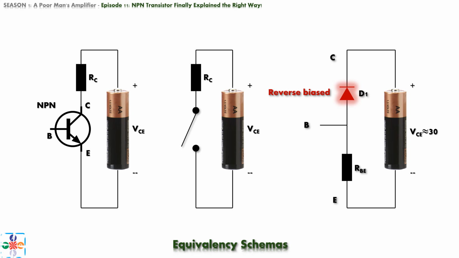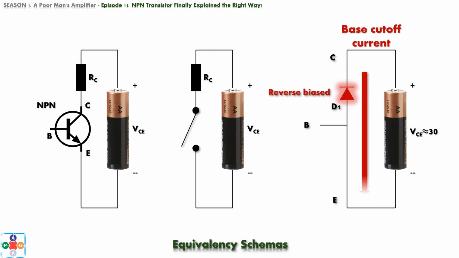amplifier. But in this scenario, we are not interested in specific values of resistor RBE, nor its specific function in this type of circuit. When sufficiently high voltage is applied across collector and emitter terminals, this resistance becomes negligible, so it can be discarded, and another equivalency scheme can be drawn, without resistor at all. So, what we are left with, in this circuit, is a simple reverse biased diode. From everything we have learned before, we know that when diode is reverse biased, there is always some small current